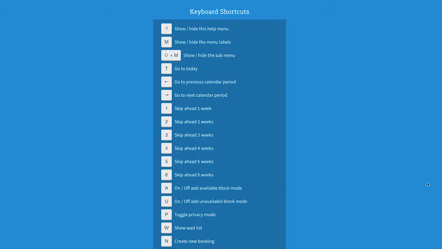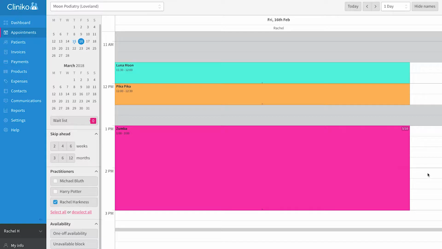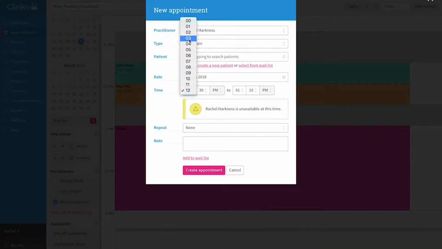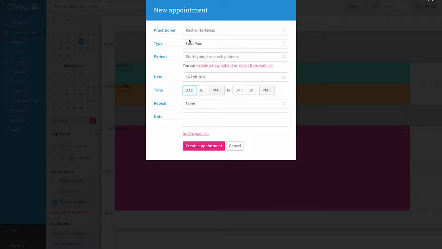This week we have a plethora of updates for you, so let's jump right in. First, we've added some new keyboard shortcuts or hotkeys on the appointments page. The first is the N key to instantly bring up the new appointment window. The new appointment's time and date will be set to the current time and date, but you can, of course,